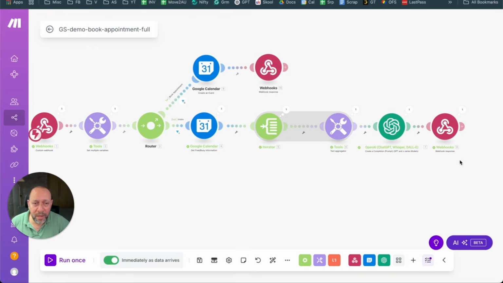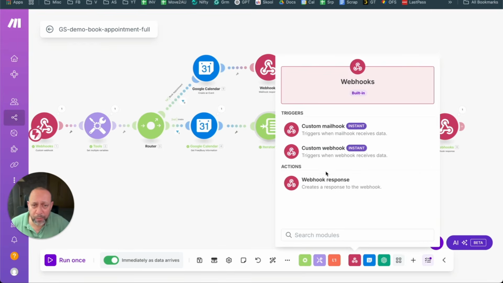And last is the server URL. Now what is this? This is the response webhook. Now what you saw initially was the